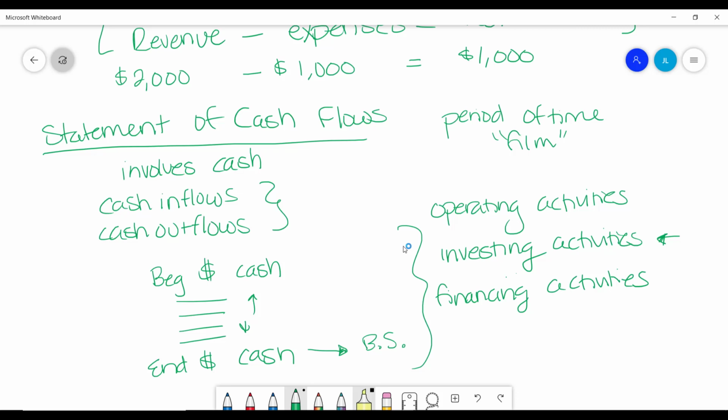And financing activities, that's any cash in or out related to financing. So if some shareholders gave you $10,000 cash in exchange for some shares, that's a cash inflow that would show up under financing activities, because what do we use that money for? It's used to finance the business. Also, if I take out a new loan of $100,000 from the bank, that's a cash inflow. But why am I borrowing money from the bank? To finance different elements of my business. So that would be a cash inflow under this category.